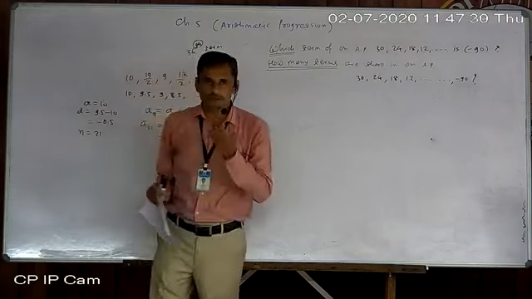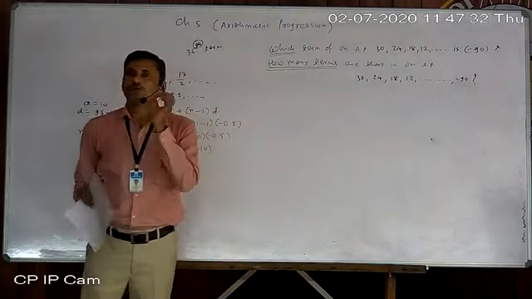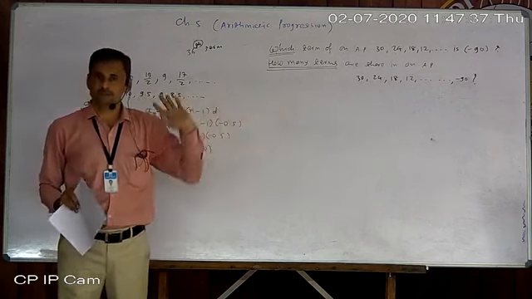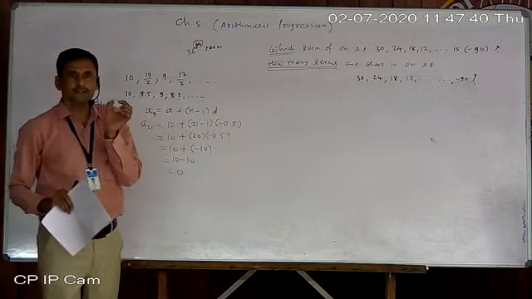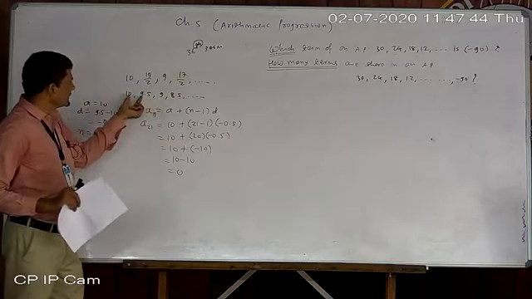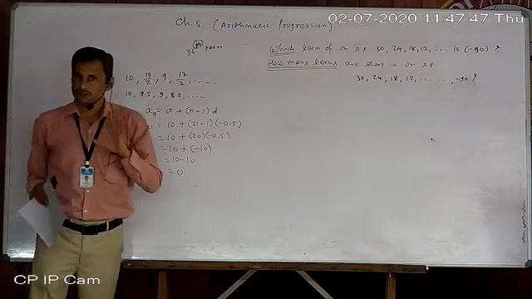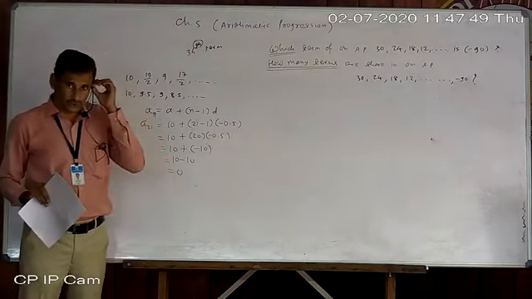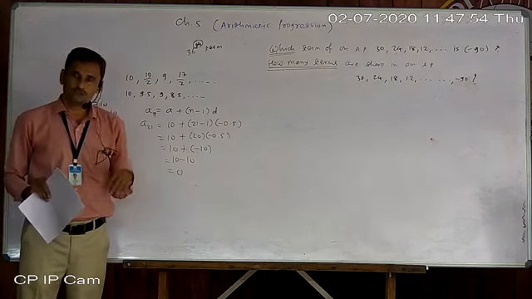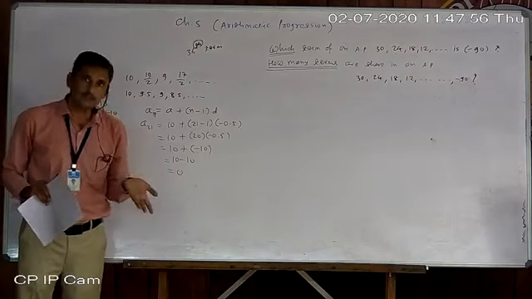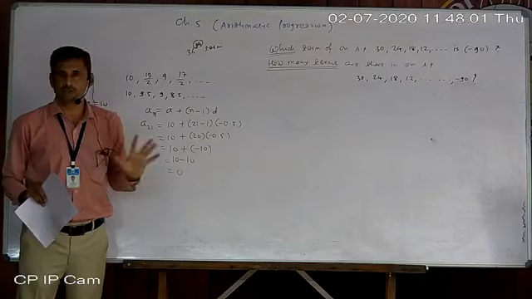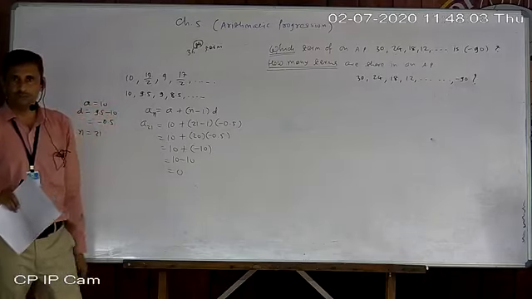Today we just learned what an arithmetic progression is. Arithmetic progression is nothing but a type of series in which the difference between two consecutive terms, meaning nearby terms, will be constant. Either it is negative, positive or 0. Maybe an integer or a fraction also. But the difference should be constant. That is the definition of arithmetic progression.